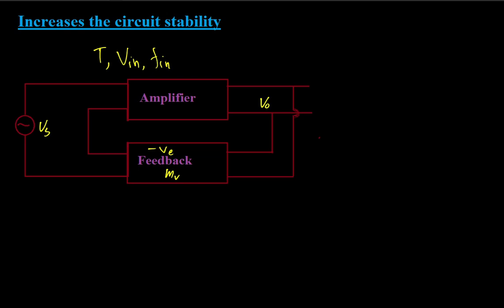Now suppose that there is an increase in the temperature. When temperature increases, we know that the transistor parameters like beta, the current amplification, will increase. If current amplification increases, it will increase the output current, which in turn increases the output voltage. Or if there is an increase in the input voltage or an increase in the input frequency, the output voltage will increase. Suppose the output voltage V0 is increased due to any of the increase in these parameters,